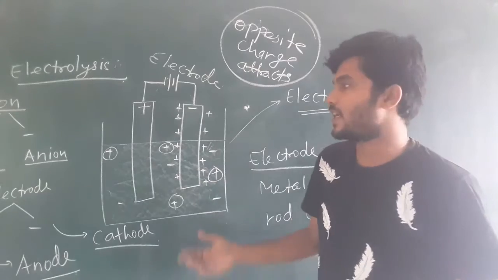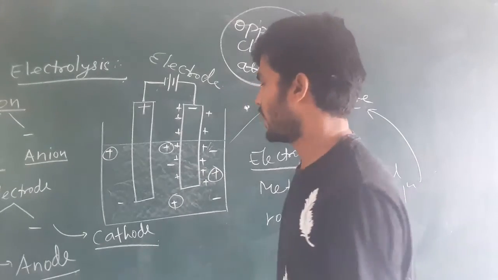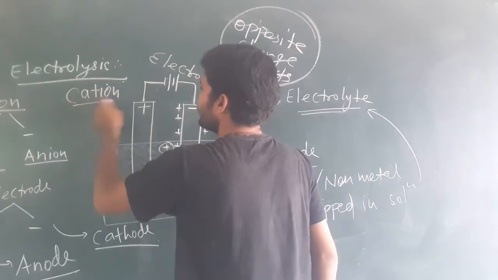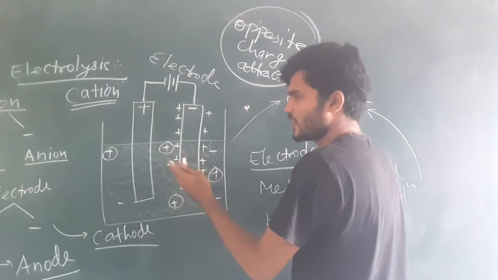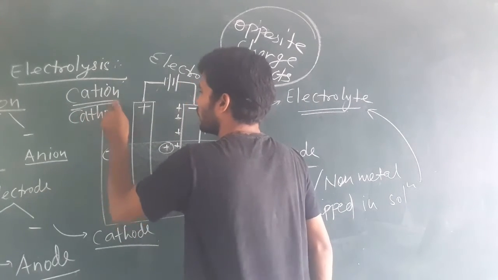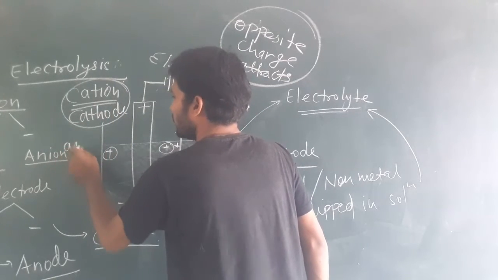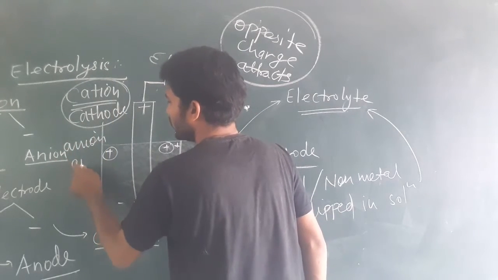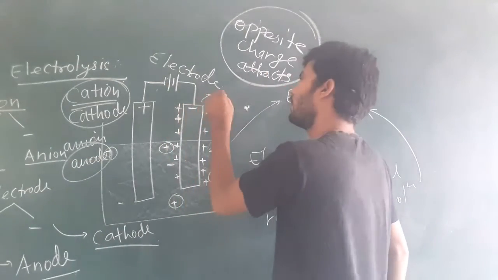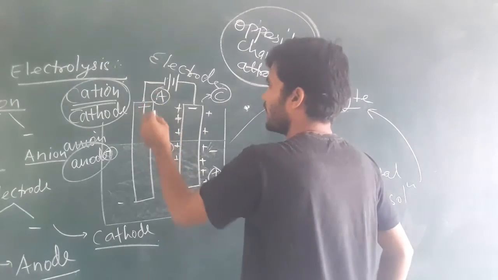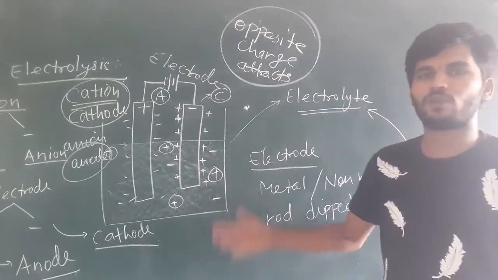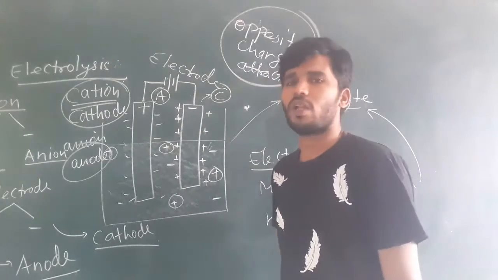So all the positively charged, or the simple thing I want to say, all cations will go to the negatively charged electrode, which is called the cathode. Cations will go to the cathode and anions will go to the anode. So cations are already here at the cathode and anions will be coming here, minus, minus, minus, minus. All the anions will come together to the anode. This setup is called electrolysis.